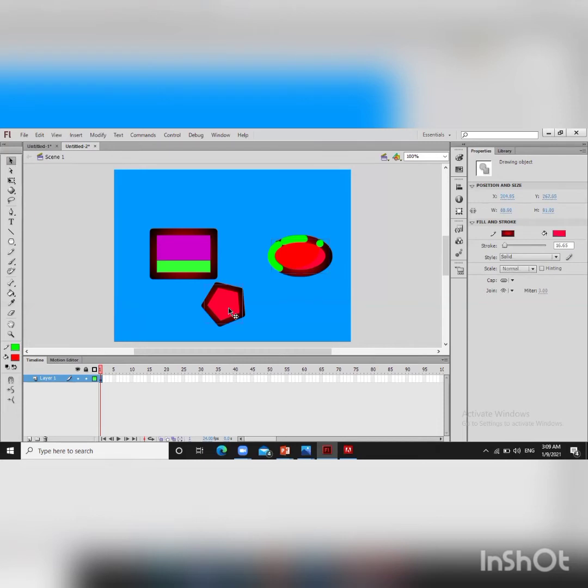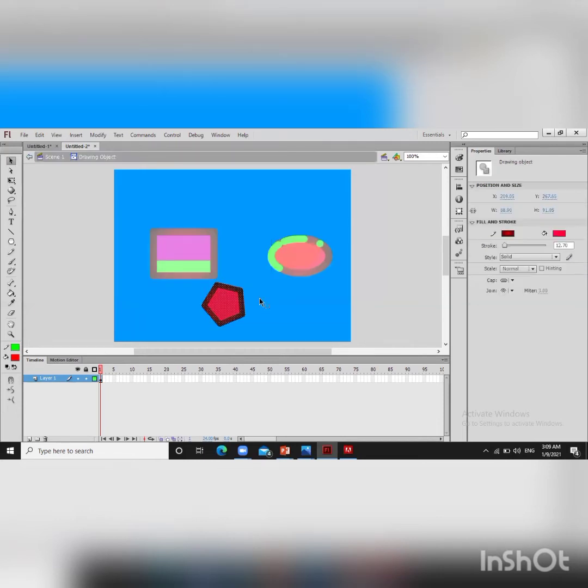So firstly, I am selecting the whole object, for example this polygon. Now I am going to the lasso tool. Here you can see polygon mode, I am showing it to you now. This is in straight line form. So only this is the difference between the lasso and the polygon tool. Clear?